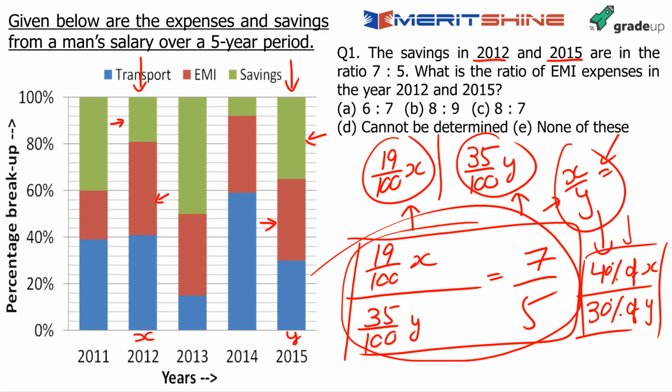But now since you have got X is to Y and you have to calculate EMI, the ratio of EMI, mind it, not the exact EMI, you can calculate it by using this. EMI in 2012 is 40% of the salary, so it becomes 40% of X. And here is 30% of the salary, it becomes 30% of Y. It may be 31, I do not know, I am not interested in the exact numbers. So that's one way of doing it, using which you arrive at the answer, which some of you are asking, how are you arriving at 8:7? I do not understand. A lot of people have already said it's none of these. I do not know the exact answer, neither am I interested in the exact answer.